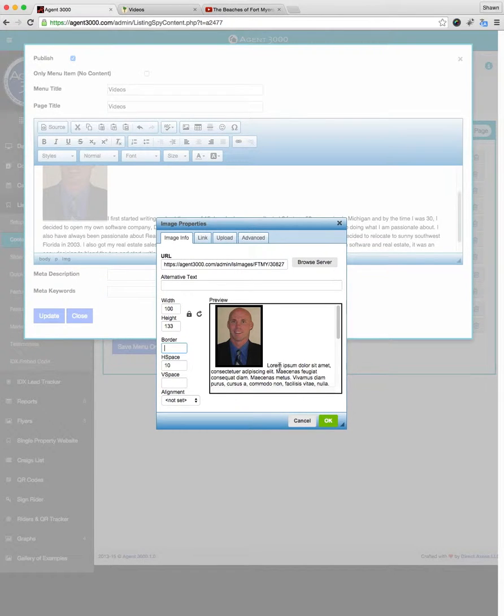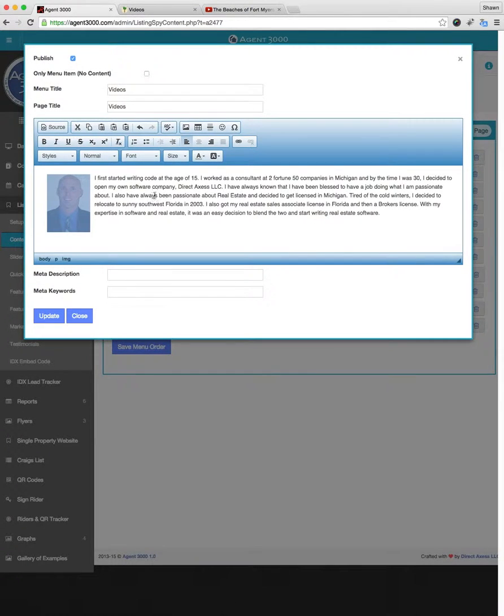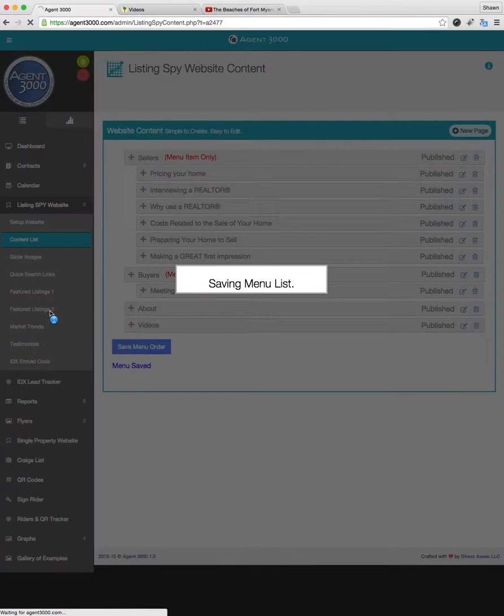But now the text still isn't lined up to the upper top here where I want it on the upper right hand corner of the photo. All I have to do is set the alignment. If I click left, now it aligns everything to the left side of the picture, and it puts it all the way around it. So now if I hit update,